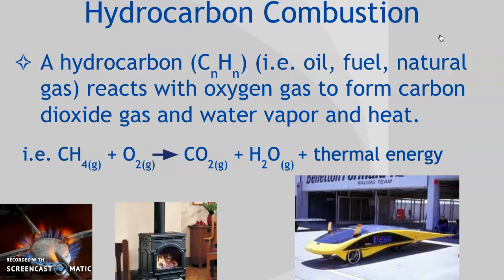Hydrocarbon combustion. A hydrocarbon is any compound that has just carbon and hydrogen. It can be as simple as CH, although that doesn't really exist. The simplest, I believe, is methane, which is CH4, so 1 carbon and 4 hydrogens. But the letter n there represents that they could be any number, so it can be C2H8, whatever combination of numbers you want, but as long as it has